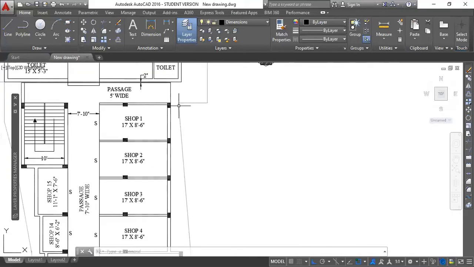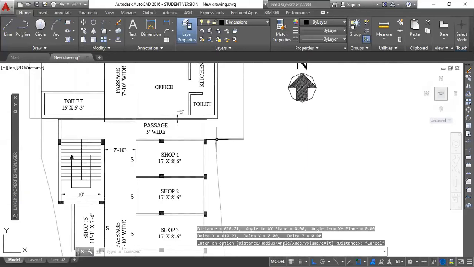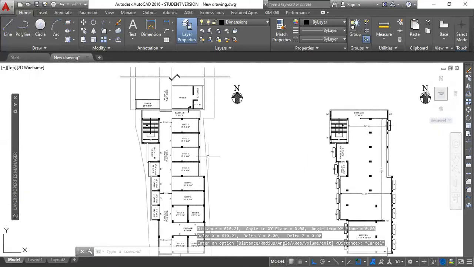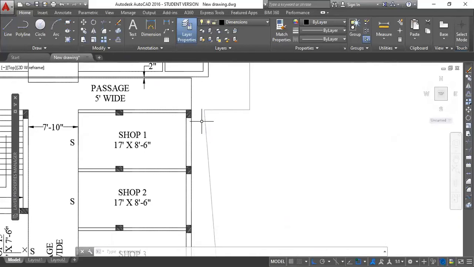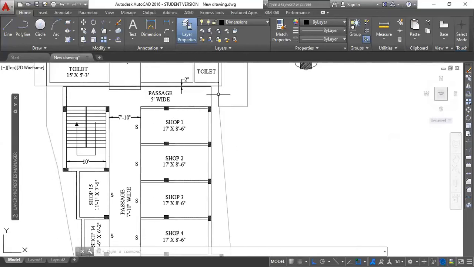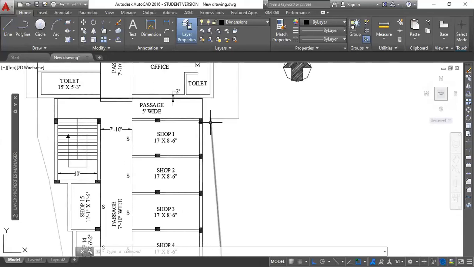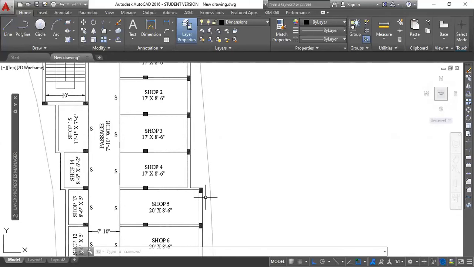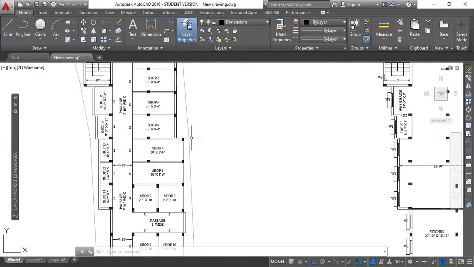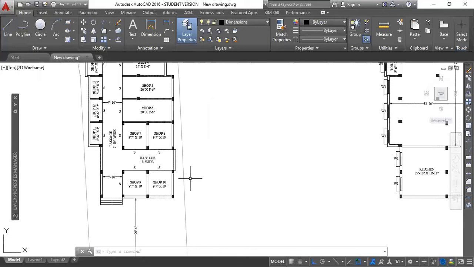Like, for example, maybe this distance I know, maybe he told me that this is 2 feet. In this particular project, I have completely matched all the dimensions he had. But maybe in some cases, you are unable to manage some dimensions. So at least go with the least thing, right? So with this much dimension, you can accommodate this, and there will be some distance left within this area. So you can go with that.